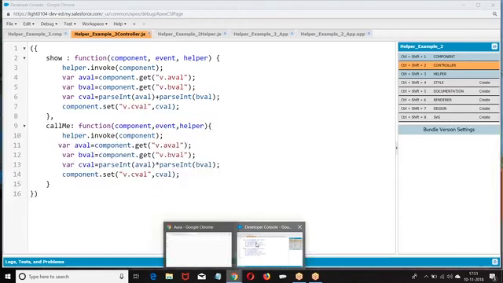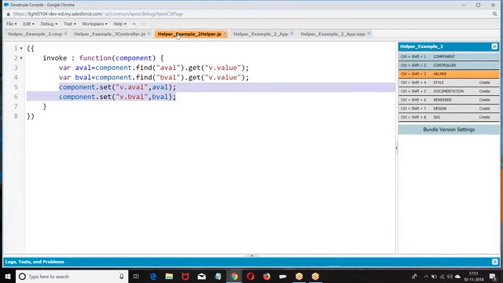Any query from anyone? Just calling a functionality with another functionality. Right. Any query from anyone else?